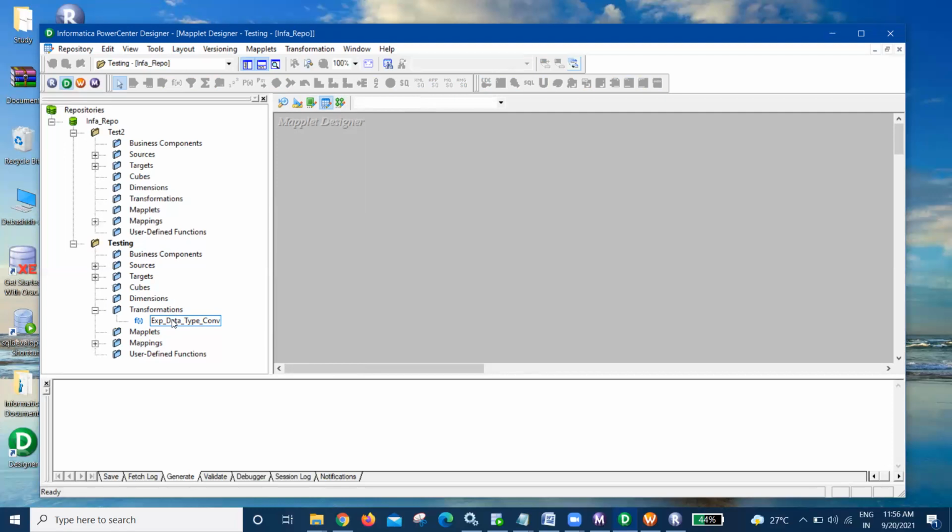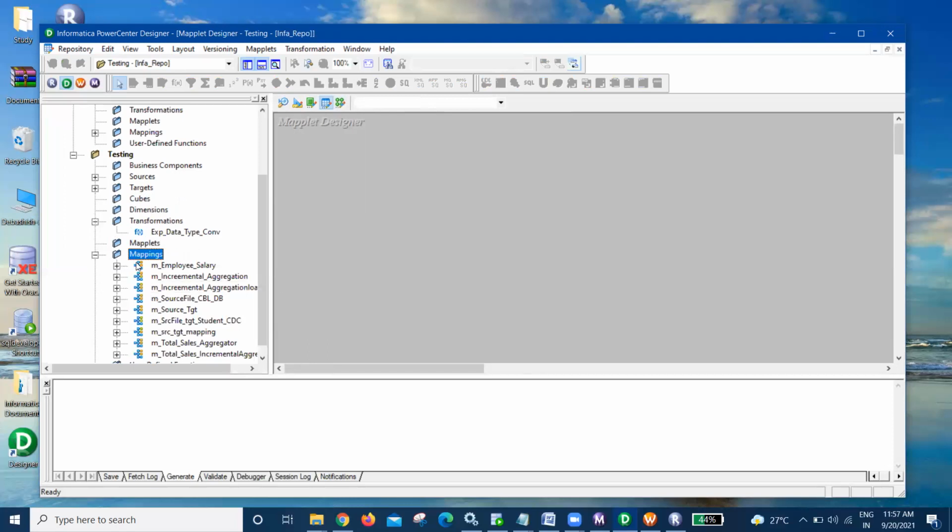That is the difference. If you want to use any object from this particular folder in other folders, then you need to share this particular folder. That property is available when you are creating the folder, so you can define that nature over there. So this is about all these 5 objects, and I'll just give you a brief idea of how the mapping is created. One more thing: the source, target, and transformation are all individual objects, low level objects in the hierarchy.